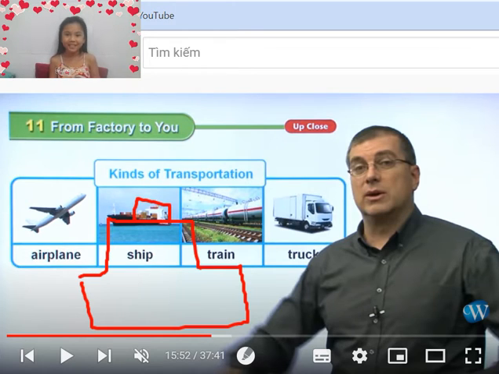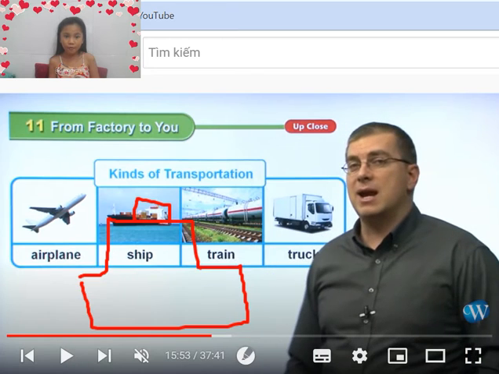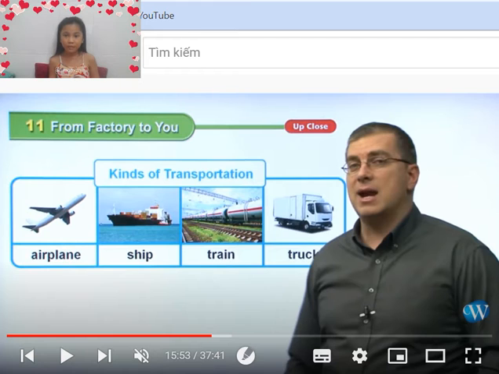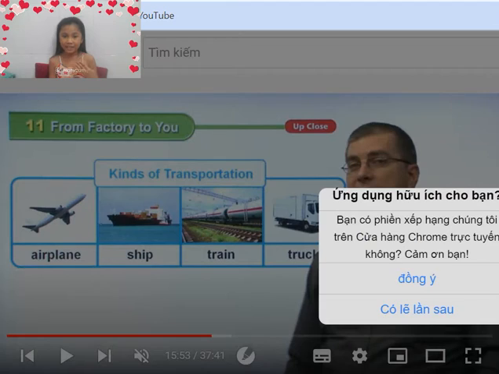Yeah, maybe. Both look kind of like a boat, but the ship is just a little bit bigger and more modern. This boat may be older and more unfashionable.